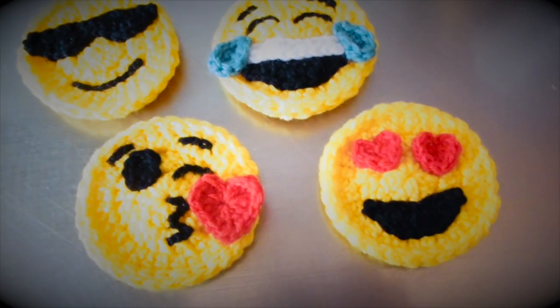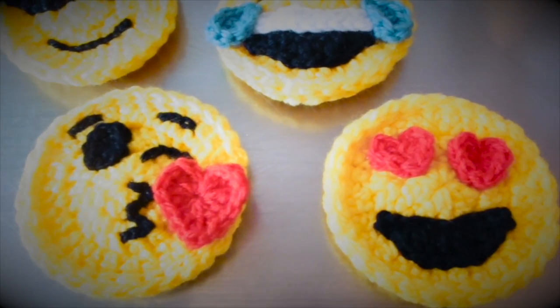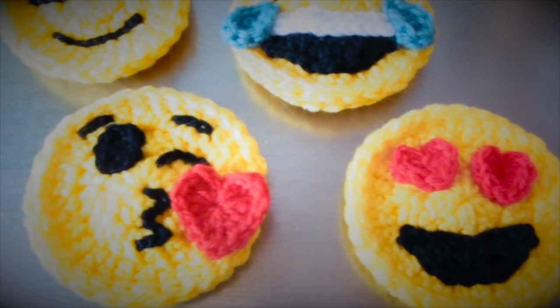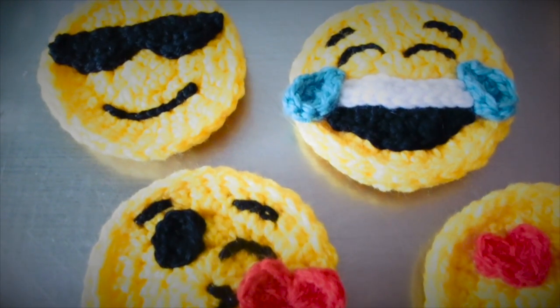Hello crochet lovers! Today we'll learn how to make these beautiful emojis or smiley faces, whatever you call them. I'll use them as magnets, but you can also use them for garlands, decorate pillows, clothing, to give them as gifts and much more. They are very easy to make,